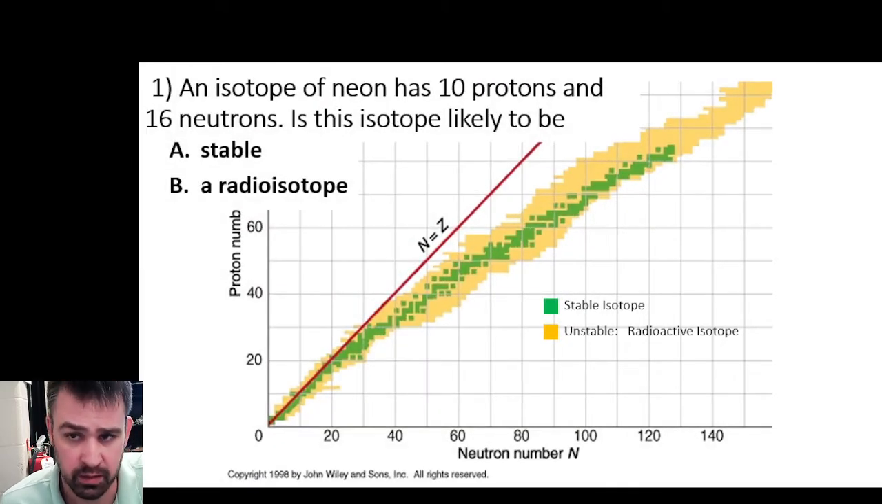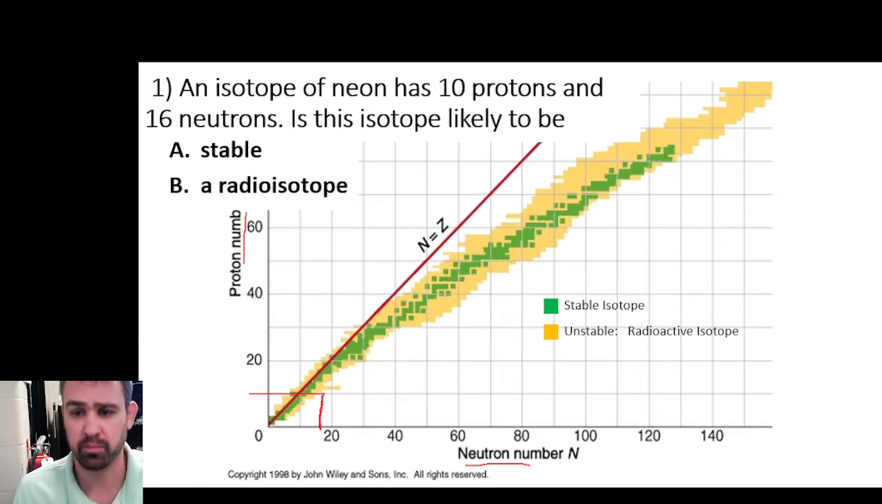The question is: an isotope of neon has 10 protons and 16 neutrons. Is this isotope likely to be stable or unstable? If I have 10 protons, here's your number of protons, which means I'm going to start at this line. And 16 neutrons, here's our neutrons on the x-axis. So 16 neutrons are going to be, if this is 10, about right here. So when I grid this up,